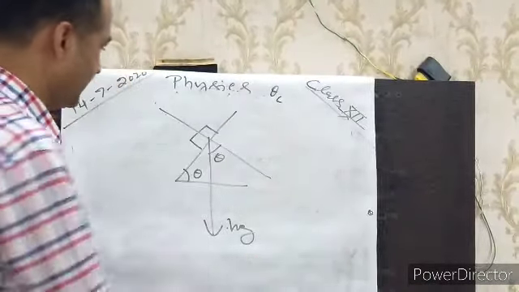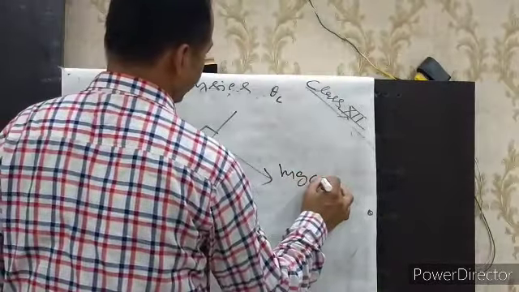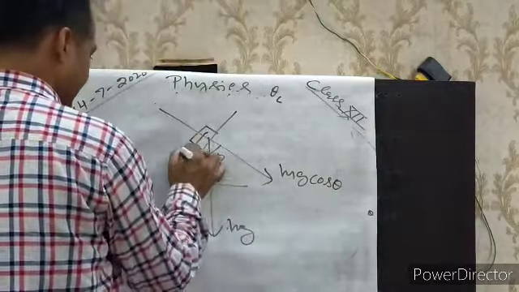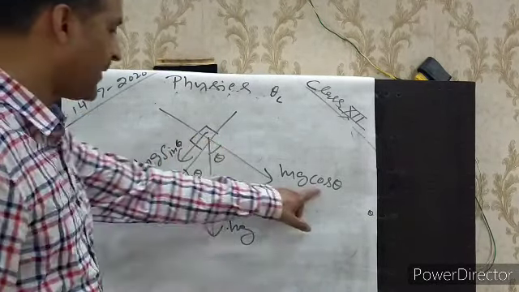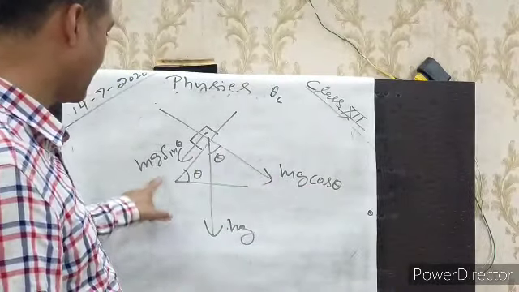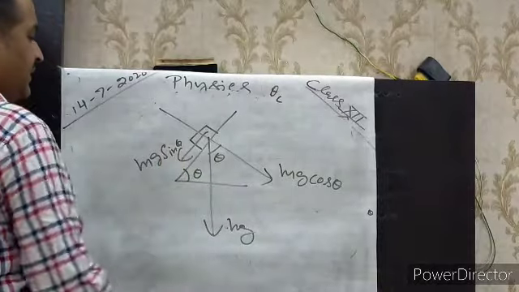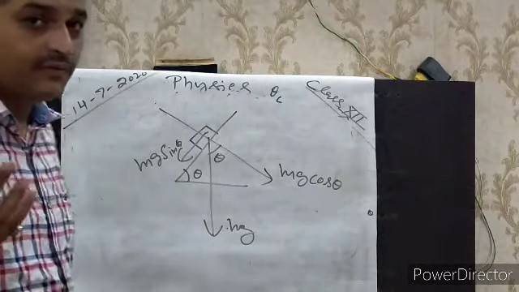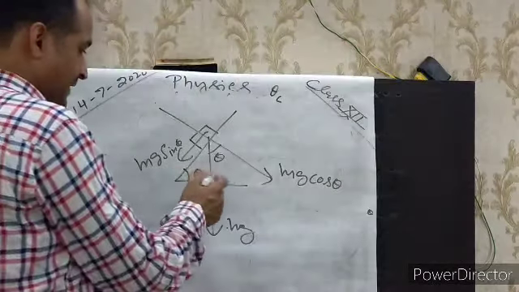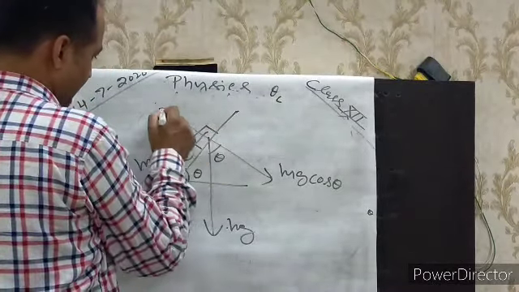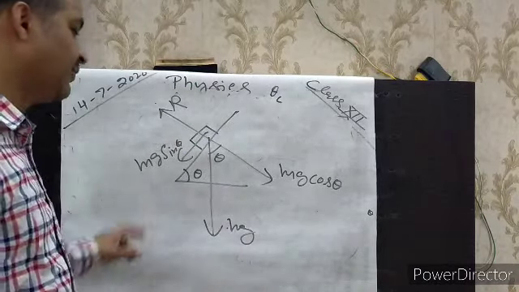Towards the side of the angle, which component, cos or sine? Cos, mg cos theta, and in this direction mg sine theta, because perpendicular to cos is sine theta. So this is mg sine theta. Now the body will move in this direction. Why? Because there is a force mg sine theta in this direction. The normal reaction, normal to the surface, is R. Clear?